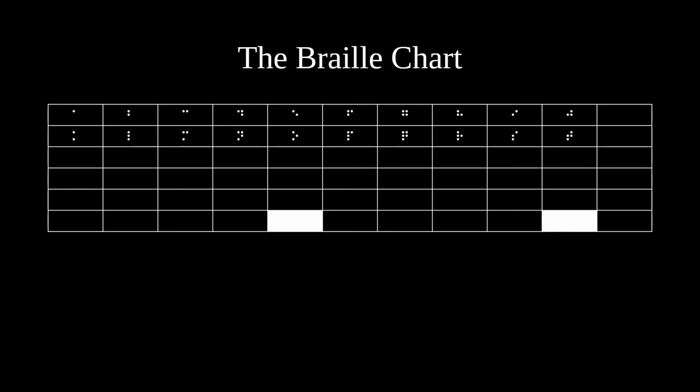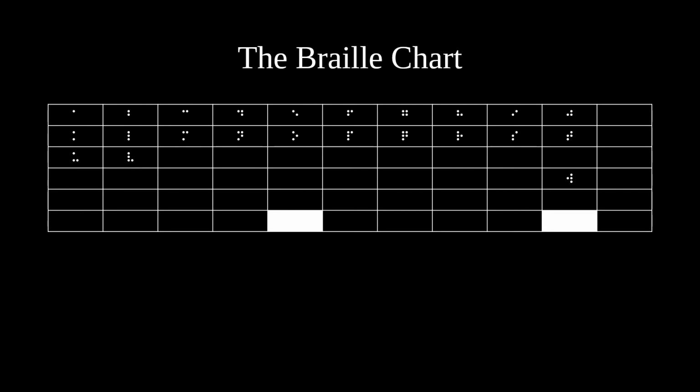Notice that the letters from K to T are simply the letters from A to J with an extra dot. The pattern established by the letters from A to J repeats itself again for the last 6 letters of the alphabet. The letter U is the letter K with an extra dot added to it, and the letter V is the letter L with an extra dot added to it. But the next letter, the letter W, breaks the established pattern.